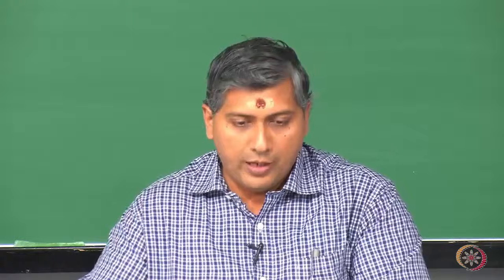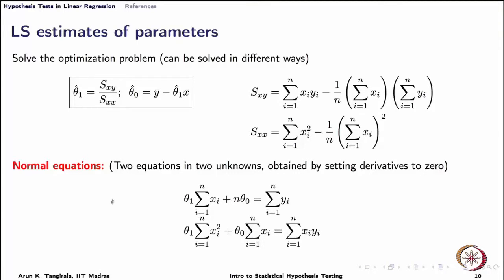Whenever I use a linear model, so to speak linear predictor, and I am minimizing the sum square errors, I am guaranteed a unique solution for theta 1 and theta naught, which is not necessarily the case in a nonlinear regression problem, where I cannot in general derive an analytical solution and I have to therefore turn to numerical optimizers. Here the solution is arrived at in an analytical way and the solution is unique, and that solution is given at the top here in the box.